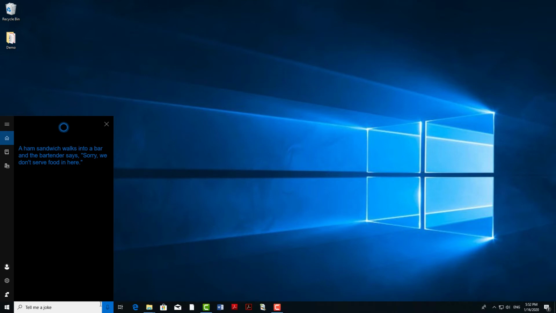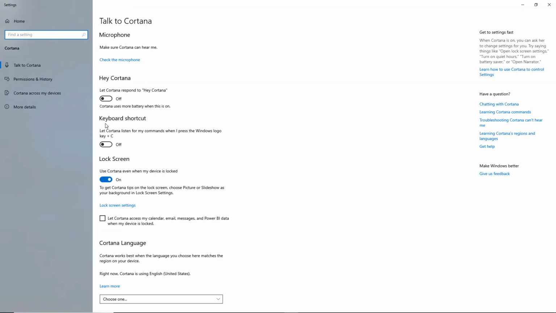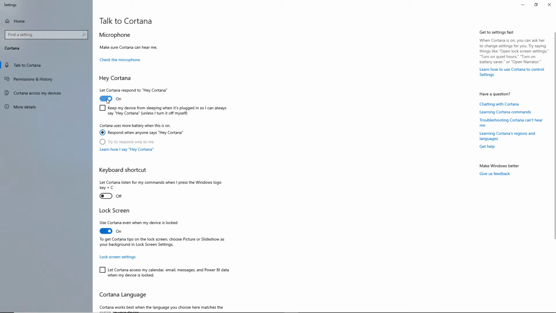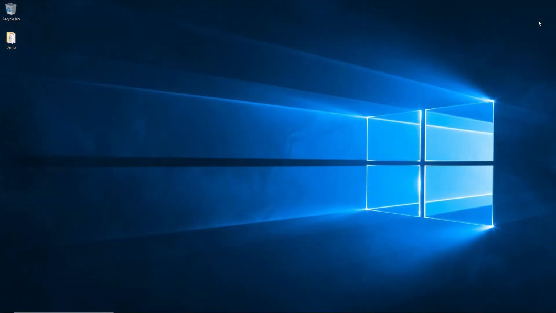You can configure Cortana's different options via Settings, Cortana. If you want to enable the voice commands, activate the switch Let Cortana respond to Hey Cortana. This feature will only work with a correctly configured sound in and output. So you will need a microphone and speakers or headphones. Cortana will recognize your voice and answer your questions to the best of its abilities.